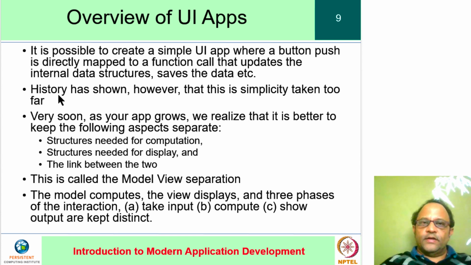What we realized historically was that this sort of separation needs the following two elements. We structure the application into mostly independent parts, usually at least two parts and often three or even more parts. One way to separate out the complexities of what an application must do versus how to present that information is to consider that there are three aspects. There are structures that are needed for computation. This part, which is responsible for computation, is called a model.